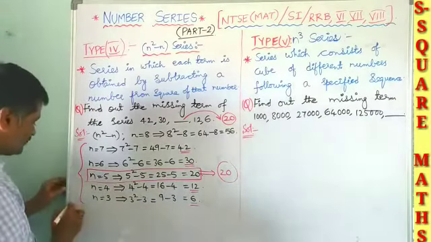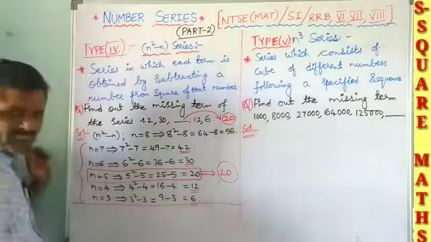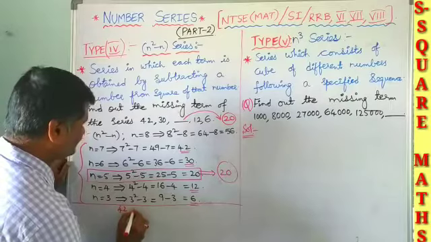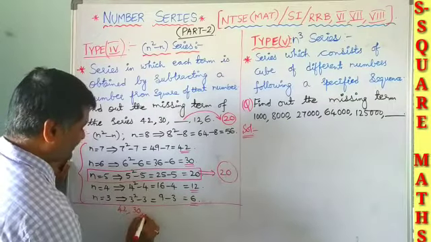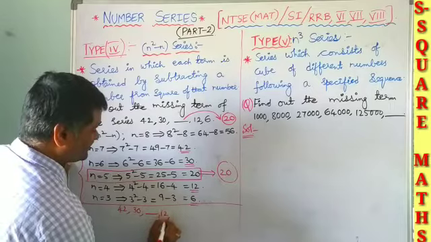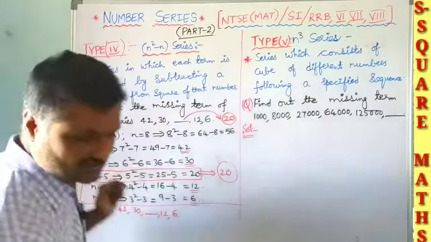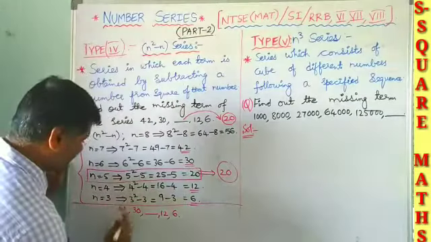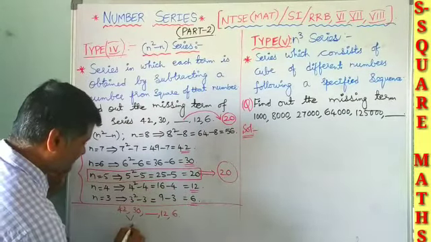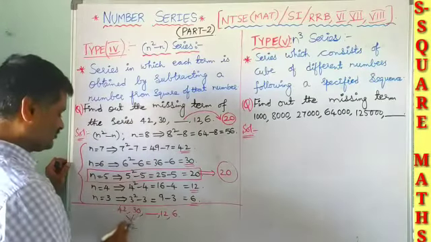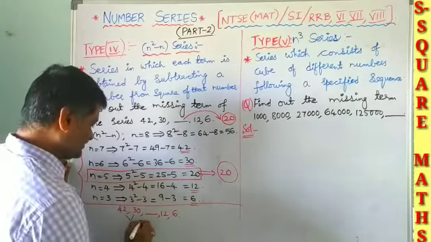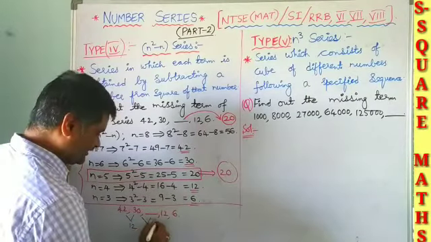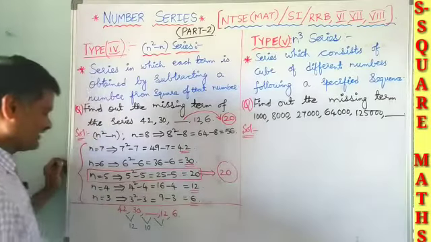Now let us go for another way. What is another way? Consider 42. Next we have 30. Next we have to find out the missing term. Next 12 and next 6. So by trial and error method, if you see the difference here, it is 12: 42 minus 12. Next, suppose if you decrease by 2, what are we going to get? 10.